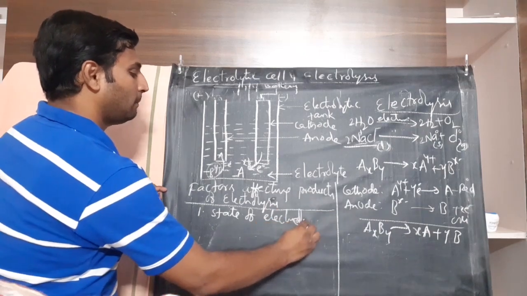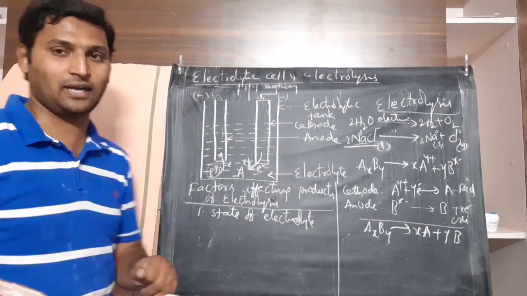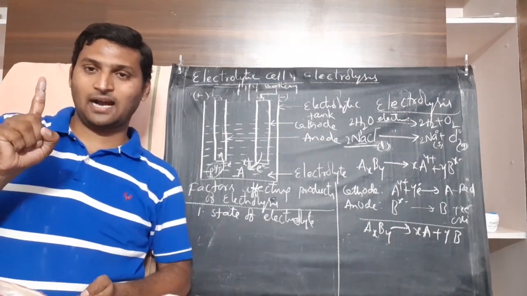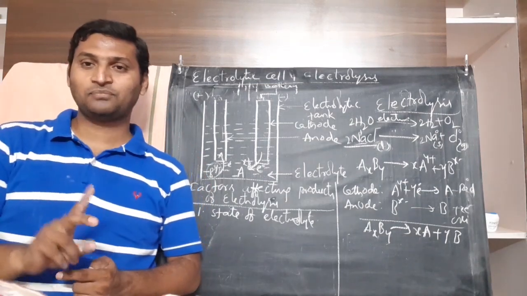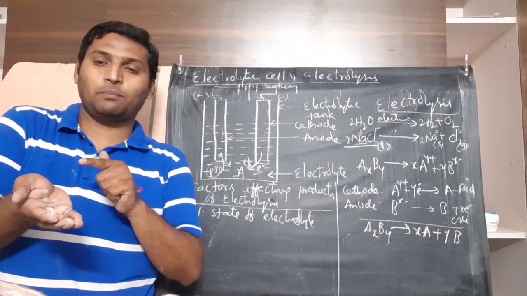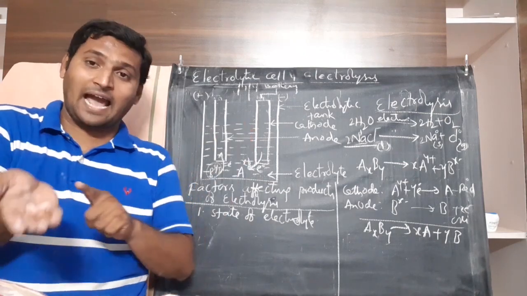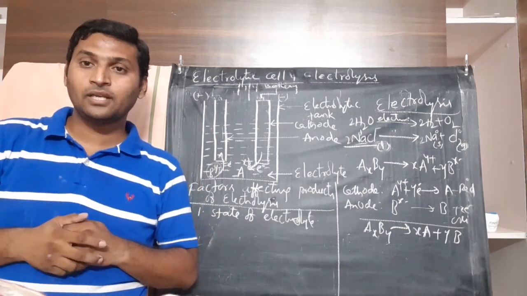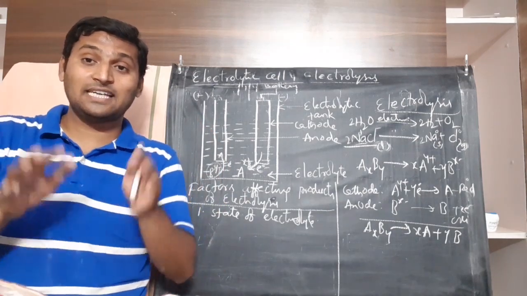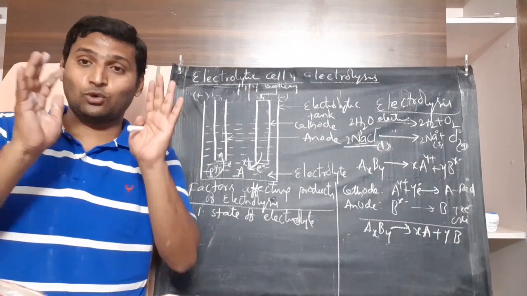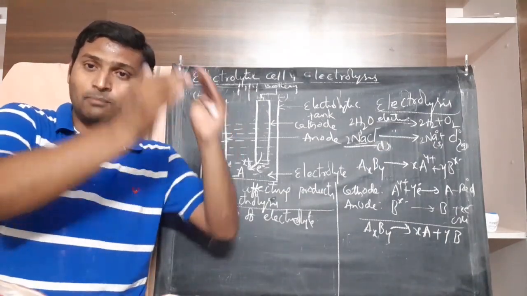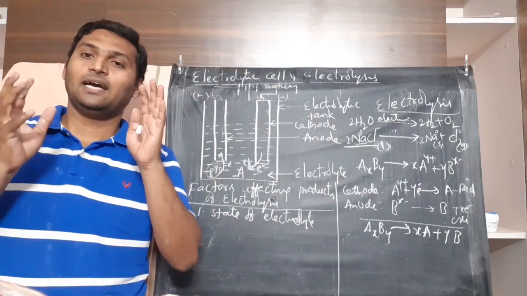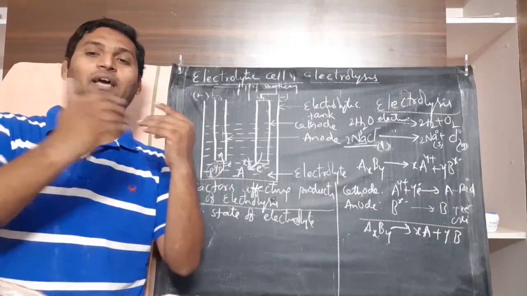As I was already mentioning during concept of electrolytic conductance, you may either take molten state or you may take aqueous solution. Molten state means you have to maintain the temperature of the electrolytic tank above its melting point because you have to keep it melted. But you are getting the substance in its pure form. Say sodium chloride, molten sodium chloride, pure molten sodium chloride. You don't have anything else in that. Pure magnesium chloride, you don't have anything else in that.